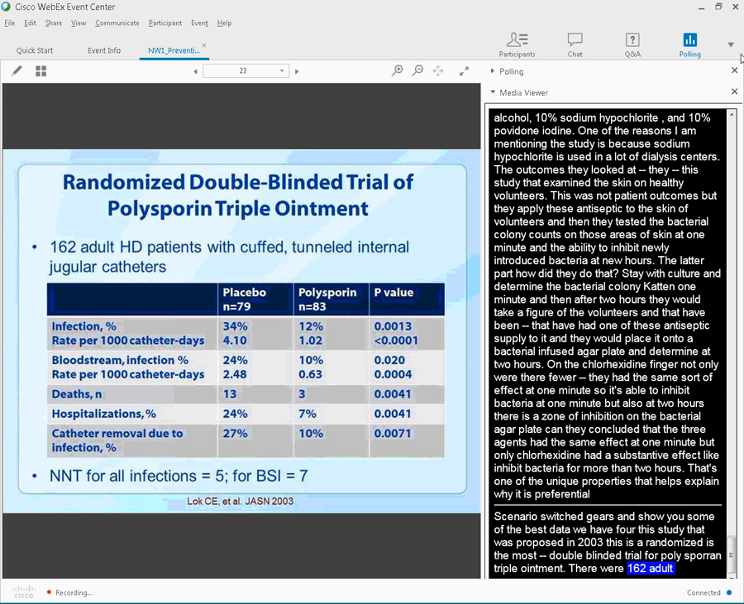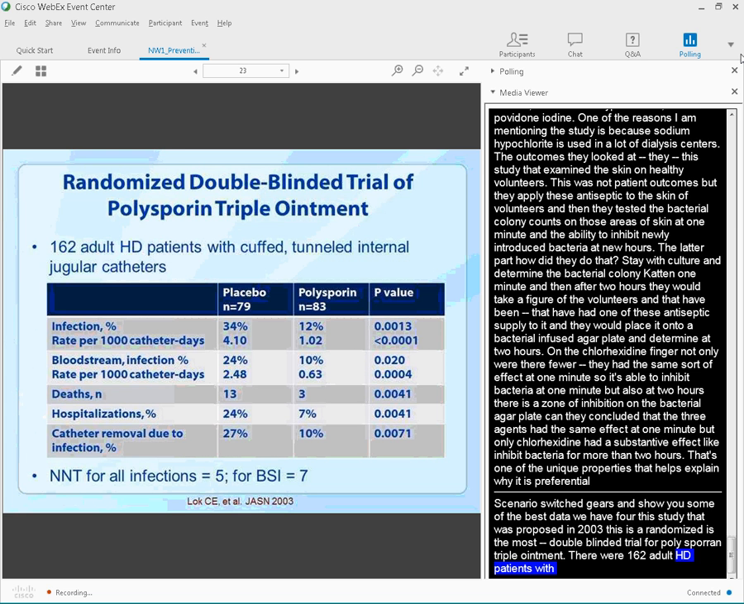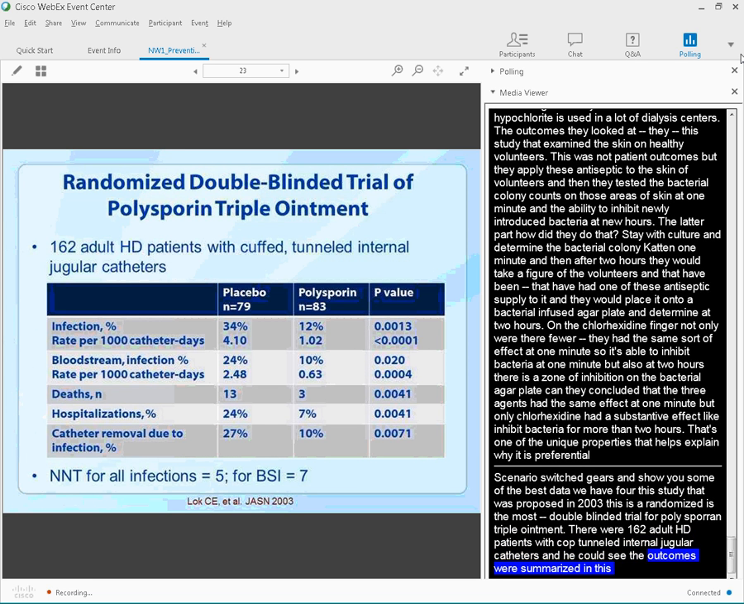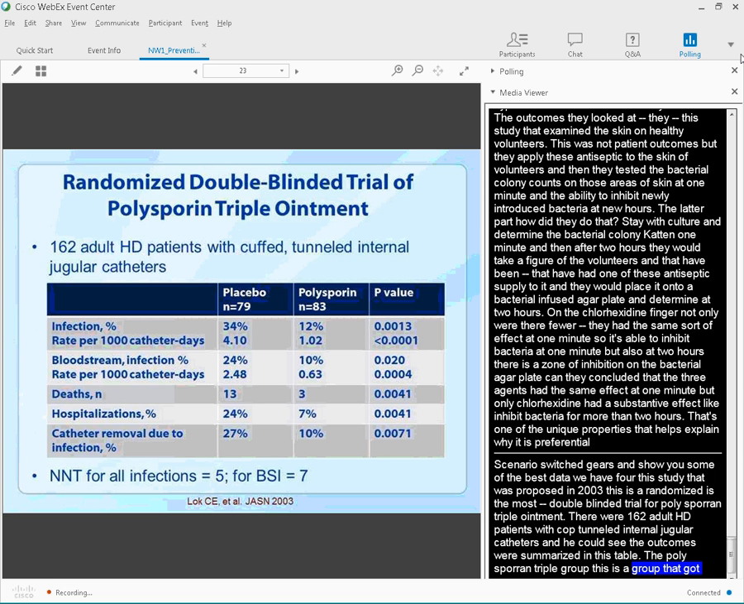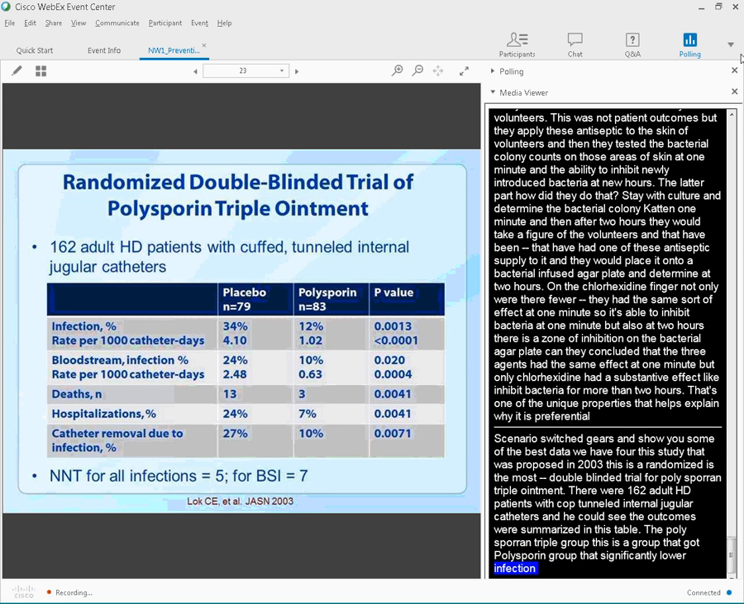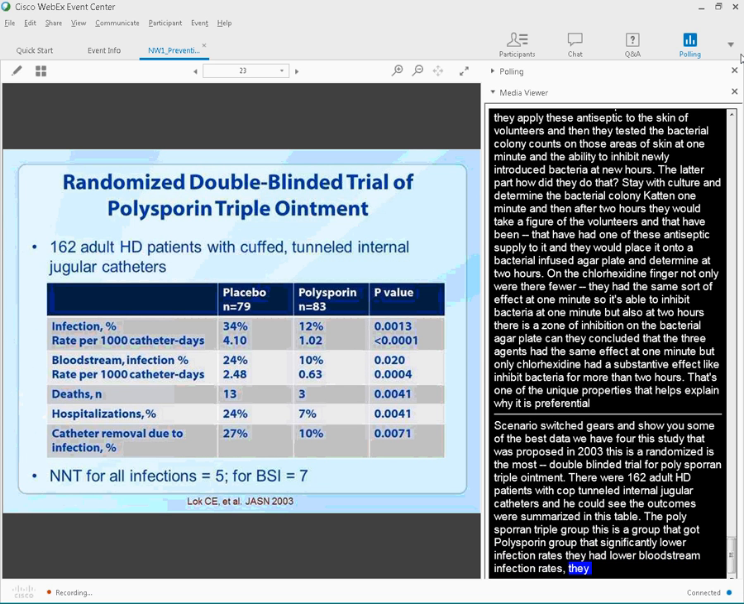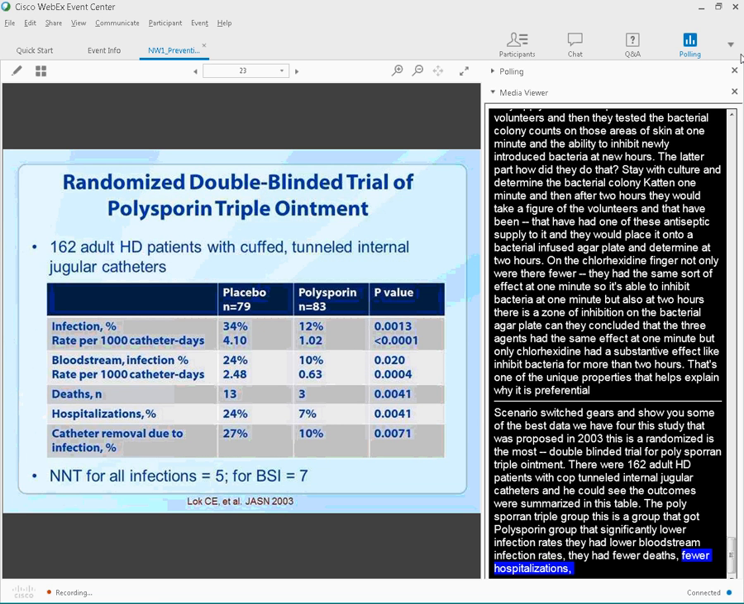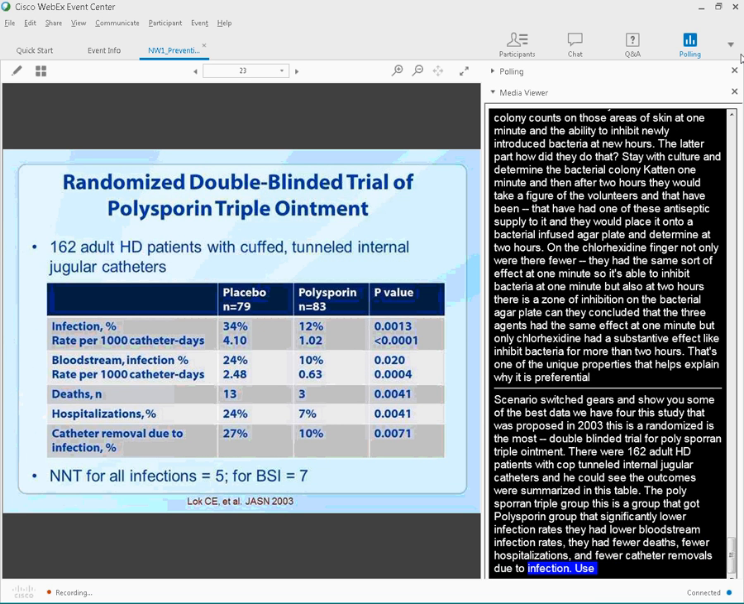The polysporin triple group, so this is a group that got polysporin triple ointment at their catheter exit site every time they had a dressing change with each dialysis treatment, had a significantly lower infection rate, and by infection that means all vascular access associated infections, including local access site infection and bloodstream infection. They had lower bloodstream infection rates. They had fewer deaths, fewer hospitalizations, and fewer catheter removals due to infection. So use of ointment at the catheter exit site significantly reduced bloodstream infections, local access site infections, and improved survival